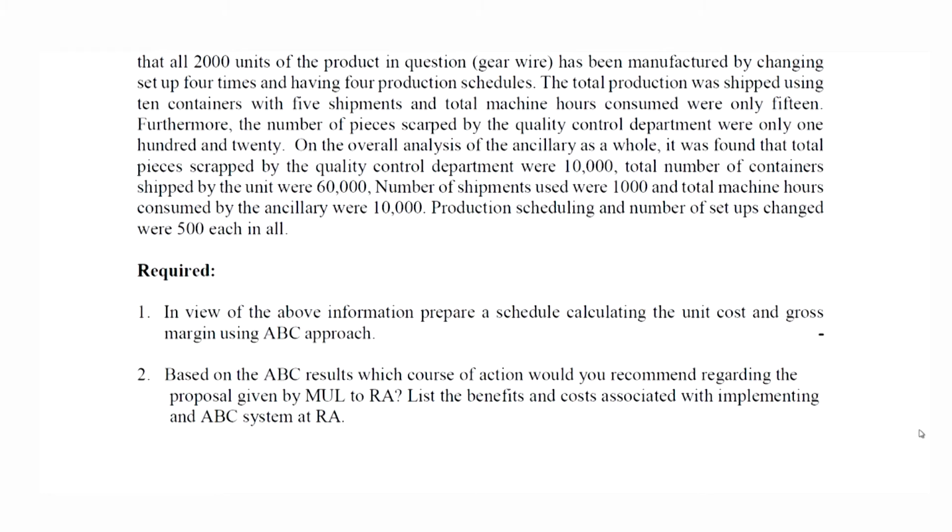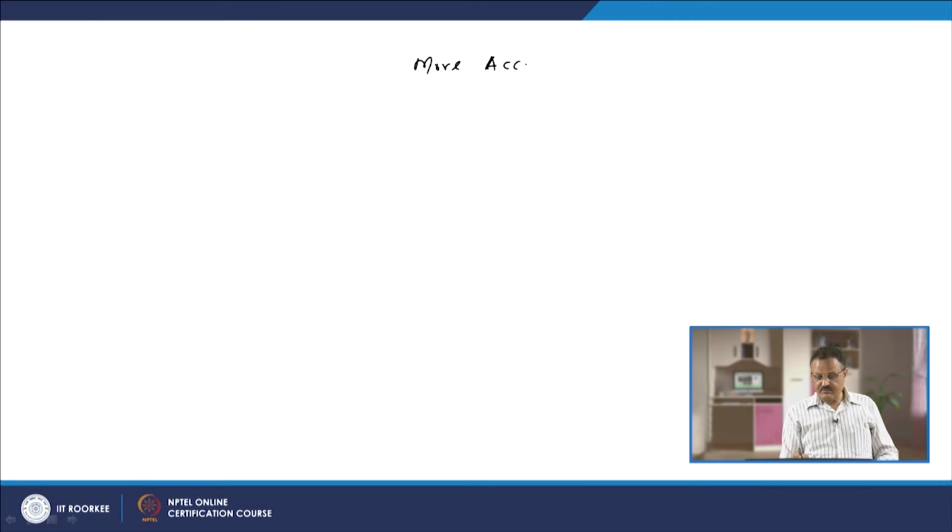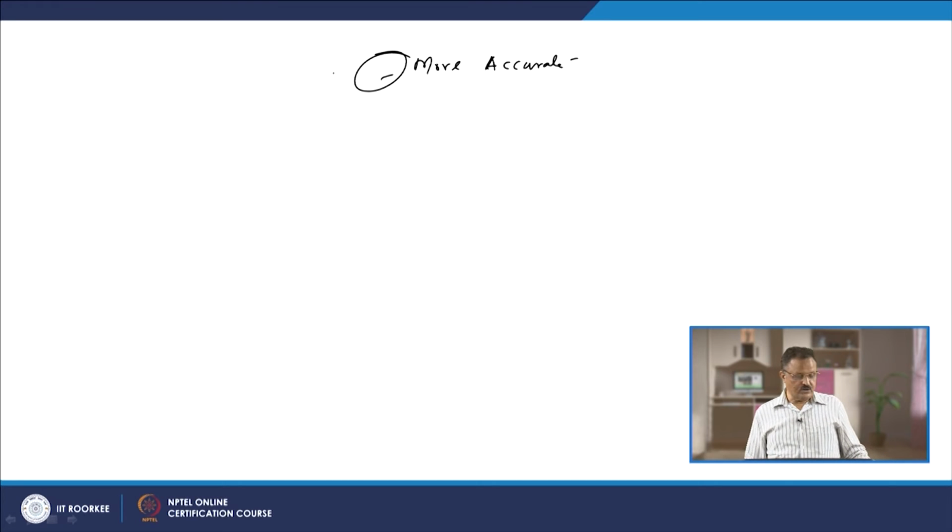The last point in this case is to list the benefits and the costs associated with implementing ABC. When you talk about the benefits of this costing system, the first benefit is that this system is more accurate, and more accurate pricing will be possible. It is more accurate as compared to the total costing system. The second thing is that it helps to solve the problem of over costing